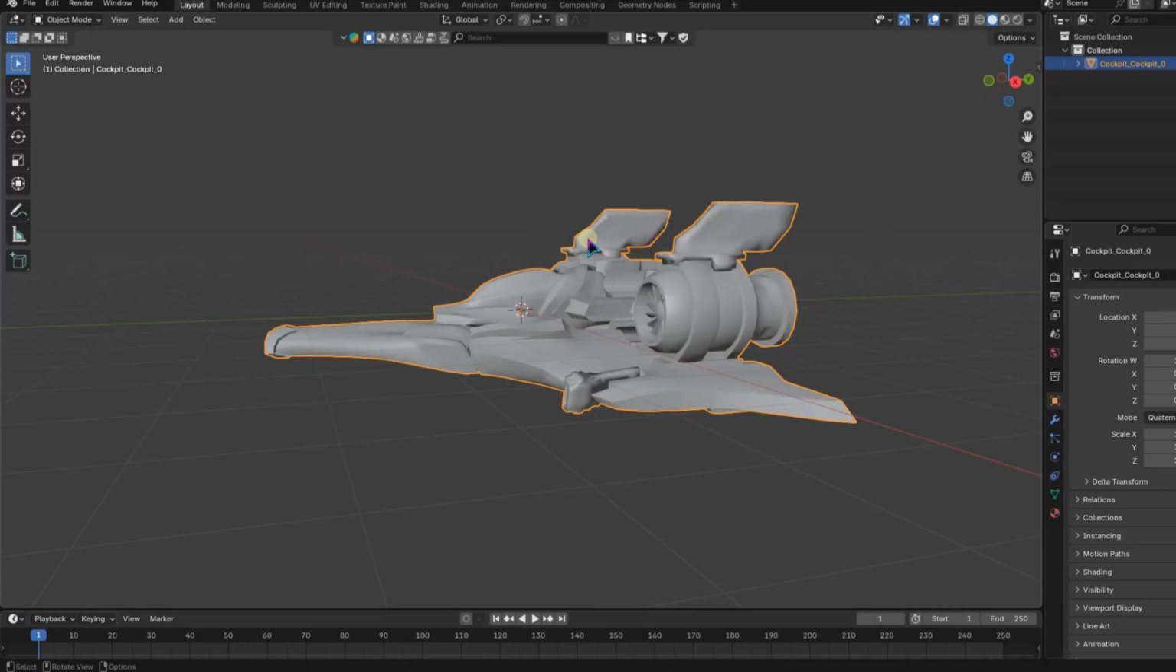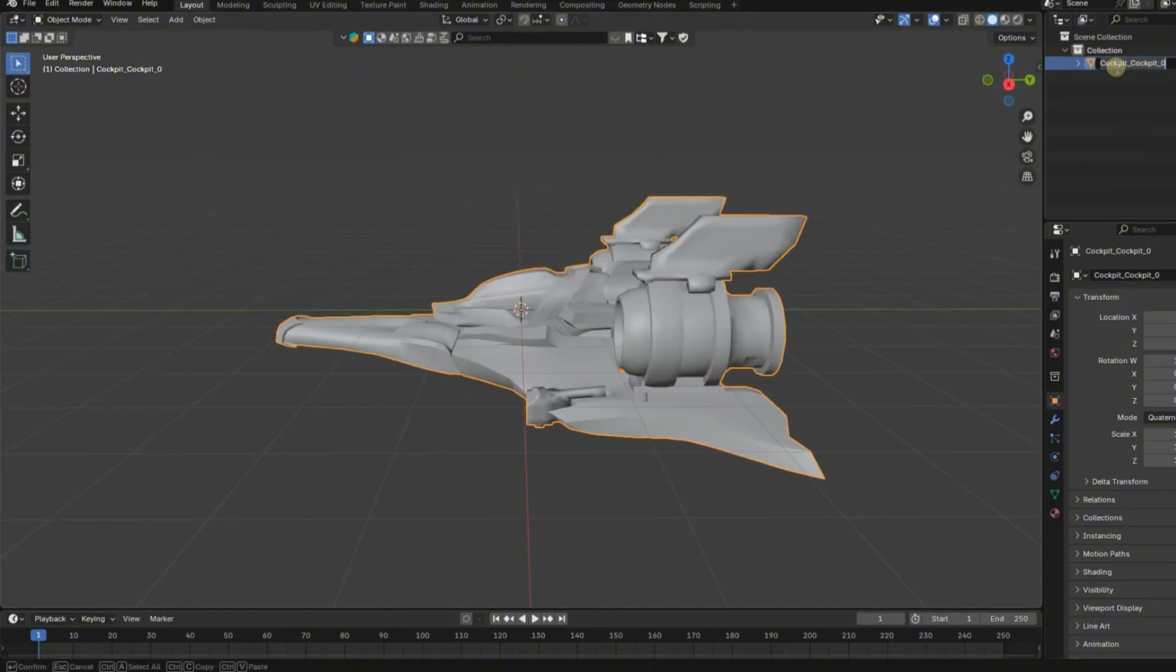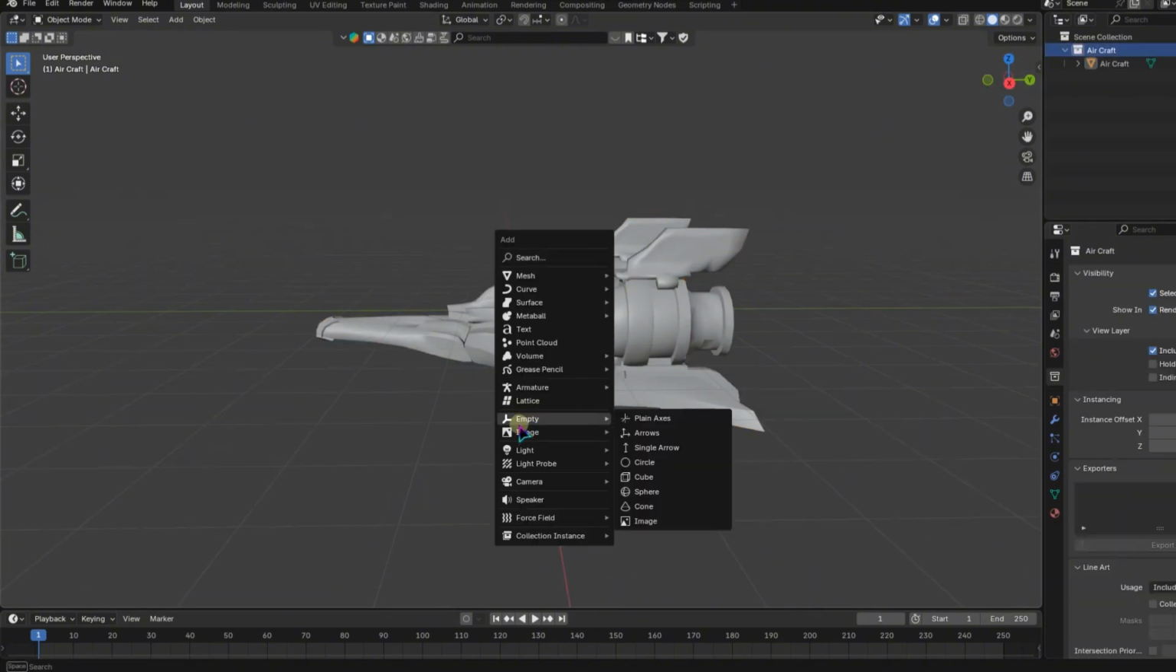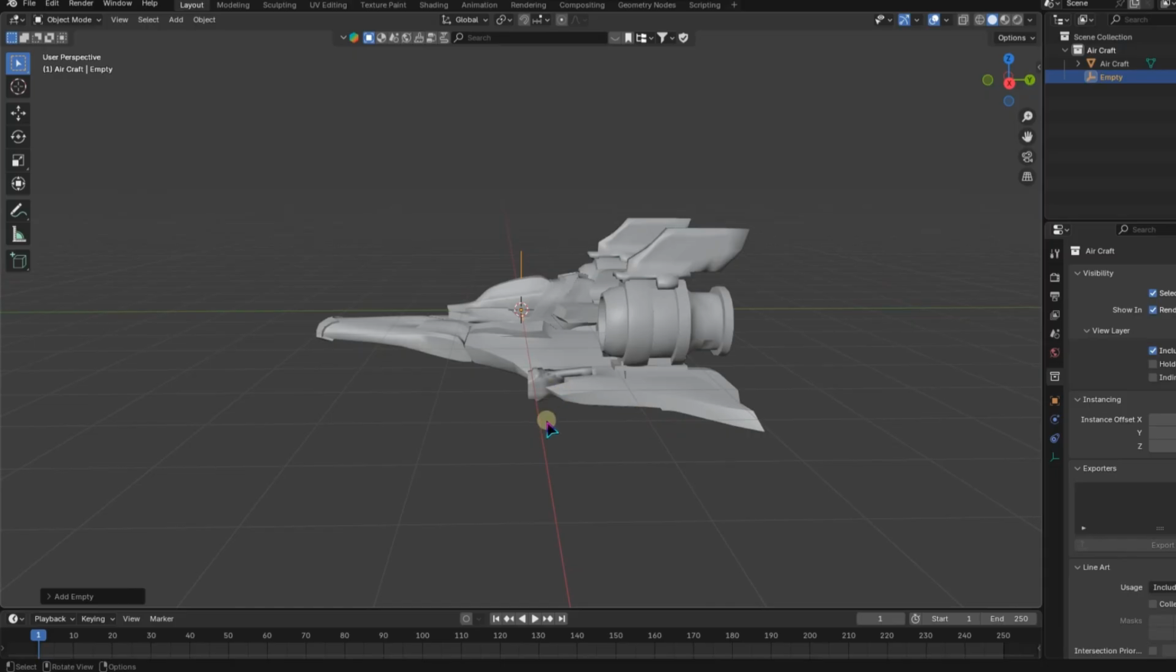Okay, so this is our aircraft model. First I'm going to give it a name, aircraft. Okay, that's it. And mostly you can put it in a collection. Let's name that aircraft also. First I'm going to hide that. One thing I can add is an empty, a plain axes, and